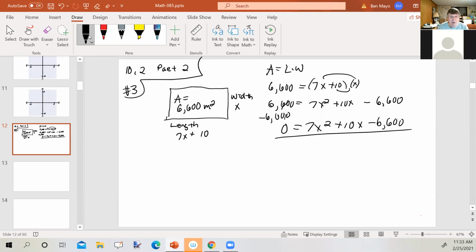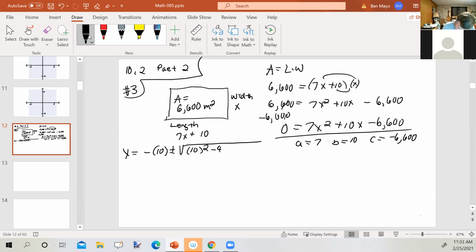We're going to use the quadratic formula to solve it. A is 7, B is 10, and C is negative 6,600. So we get x equals negative b plus or minus the square root of b squared minus 4ac